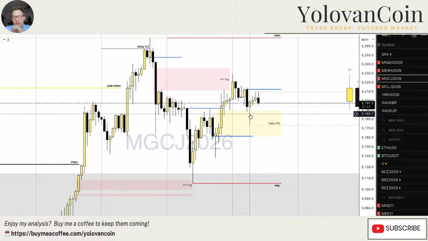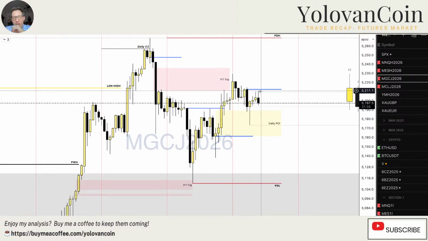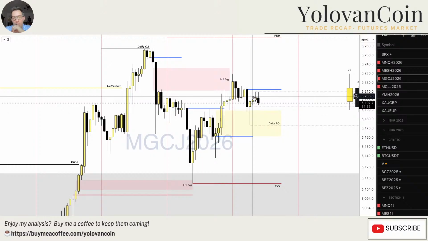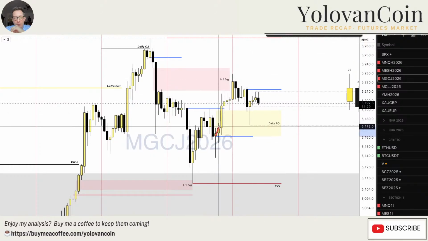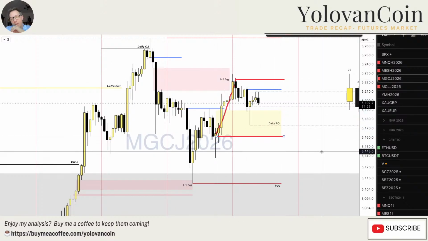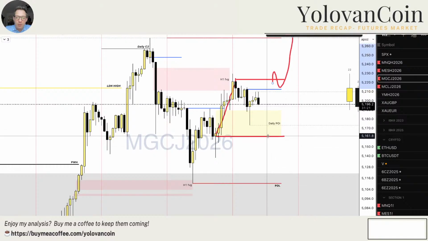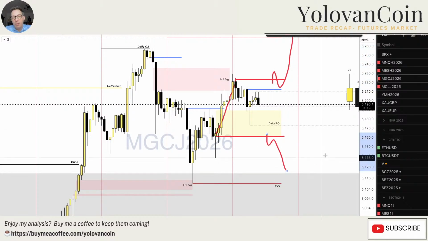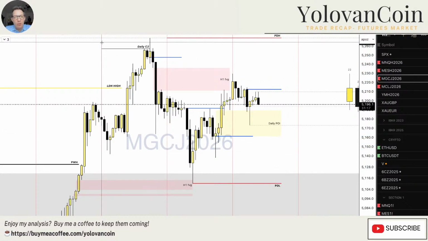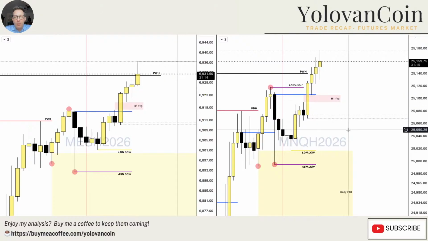We had a C2 here, we went higher into this internal OB, but this is my range, this whole move, so I'm only interested to get involved if the price breaks out upside or downside. Until then, I won't touch. What about the